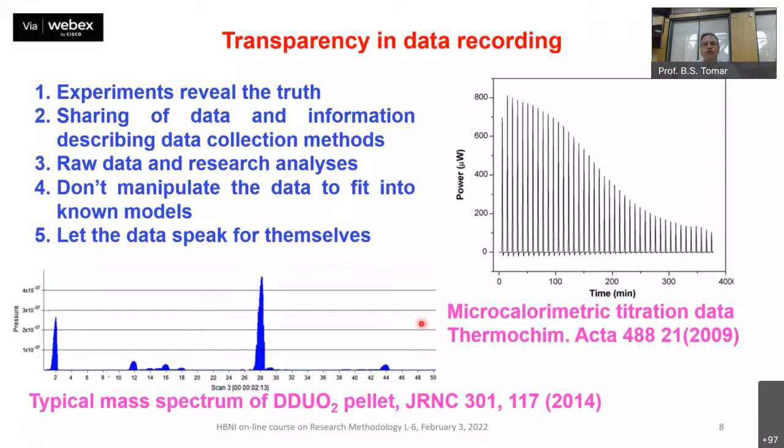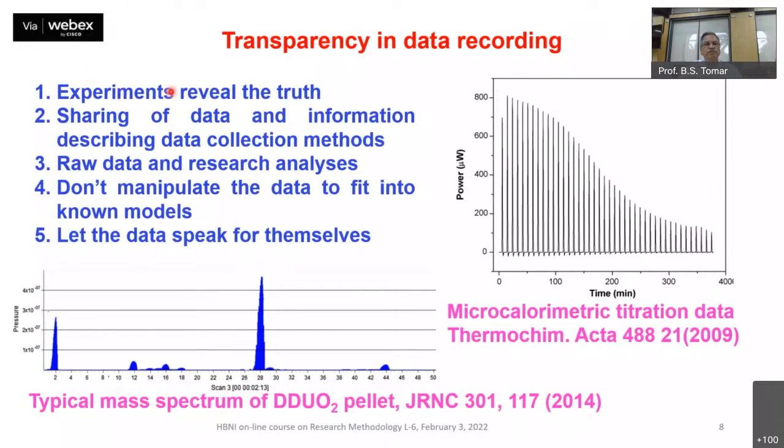The most important aspect of your data recording, if you are handling some instruments, is that transparency in recording of data is very, very important. It should not only appear to be transparent, but you should show that you are transparent. For that, you should have a record of the raw data. Whatever data the instrument gives you in the form of an output, that is the raw data. Without smoothing, if you have the record of the data, then you are sure that whatever results you are getting later, you conclude based on that only.